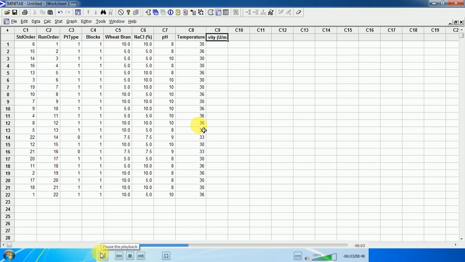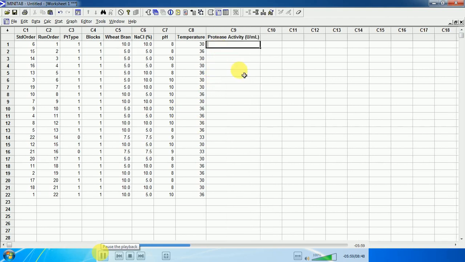So we will put values. Suppose, this is a hypothetical situation, we will insert the entire data of our recorded responses. Suppose in run number 2 it is 102 units, number 3 is 98 units, number 4 is 110 units, like that, and then we will do it accordingly.